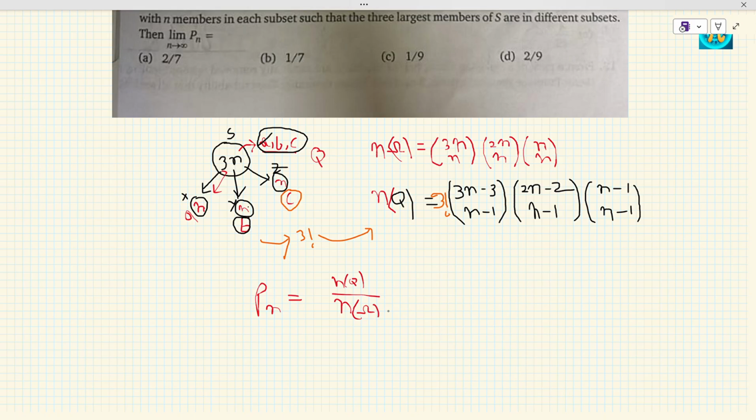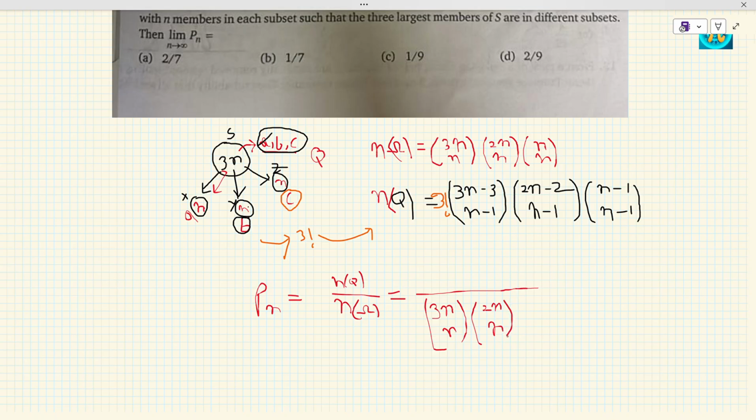So we are going to put the values of n of q and n of omega. That is, n of omega is 3n cn, that's a big number, and 2n cn,